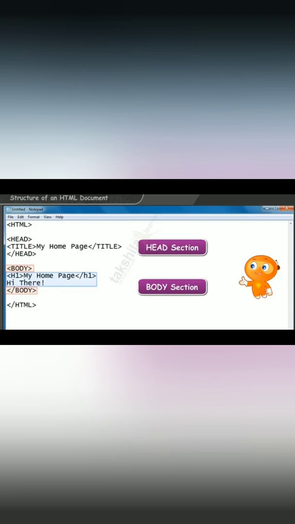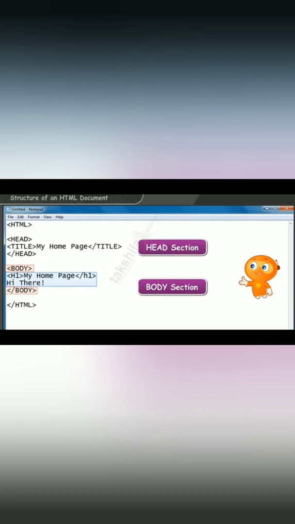In the head section, we give the title of the web document. In the body section, we give the images, tables, lists, and all the formatting.